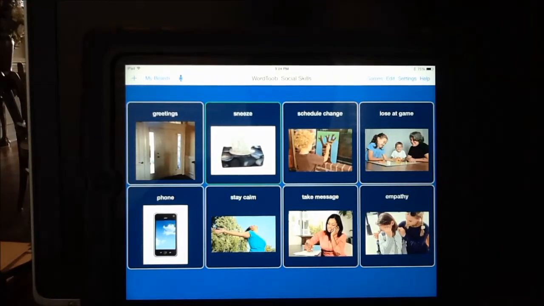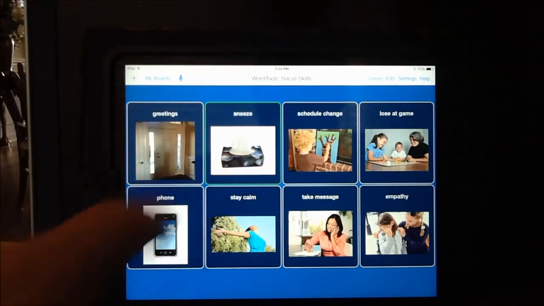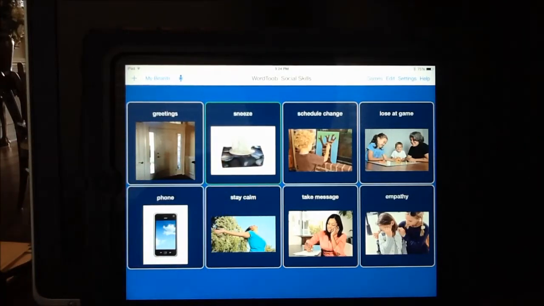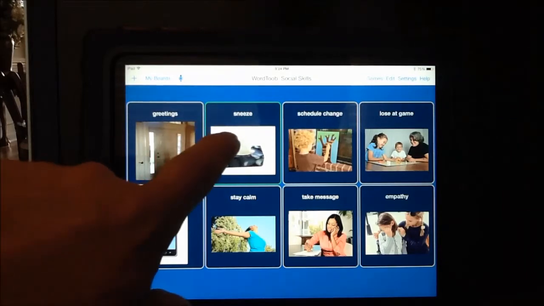Alright, here's an example of a Wordtoob social skills board we've made. And all we did is walk around and take pictures. Remember, you can Google any picture and any image and just hold your finger on it, it copies it to your library and then put it in there. We took pictures. Again, it's usually best if you start with real pictures. And I have a few just simple examples I did for sneeze. So when I touch sneeze,